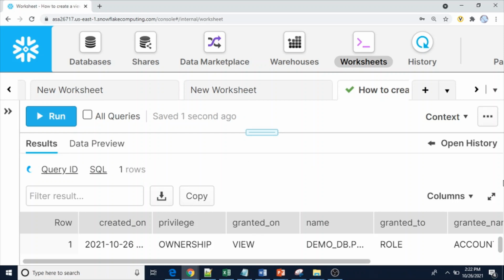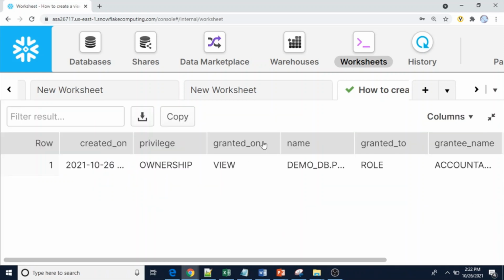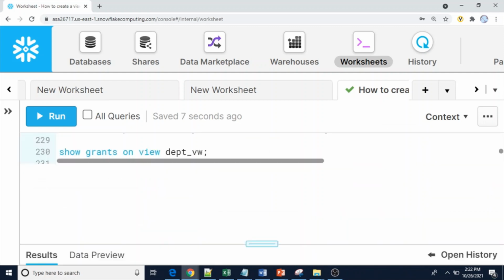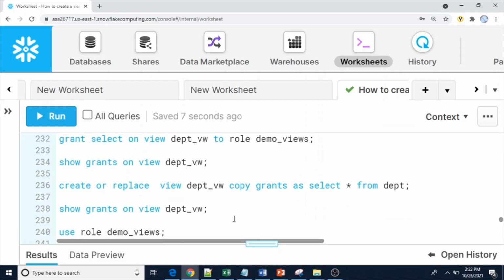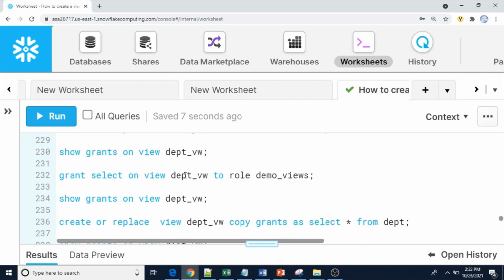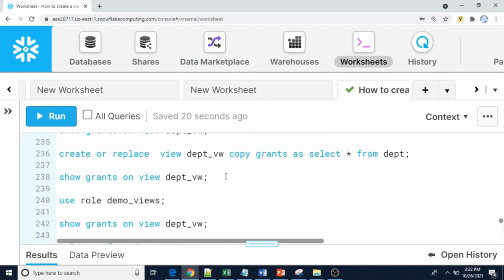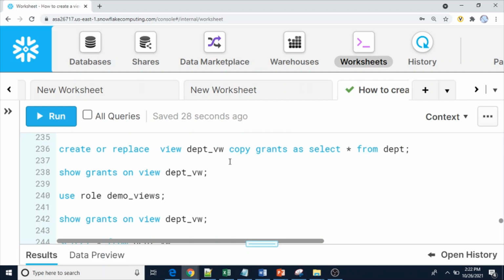See, this time you got only one row, ownership role only. Now let me create or replace view along with the copy grants. If you give the grant to this role, I already showed you that one, correct? Now let me create the view with the copy grants option.